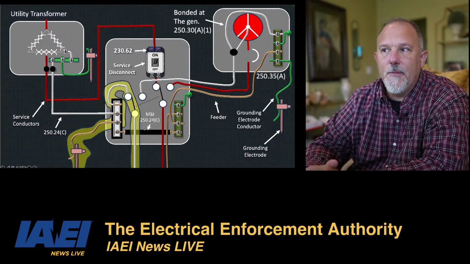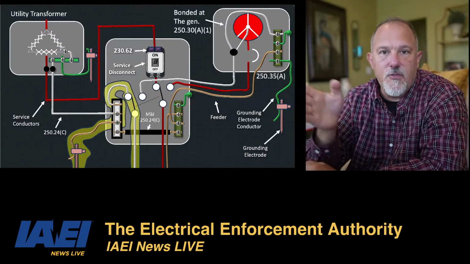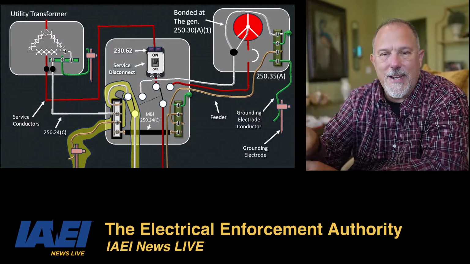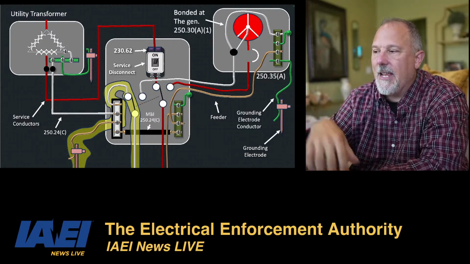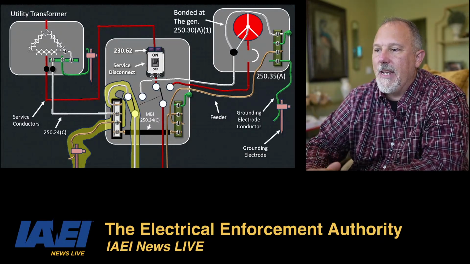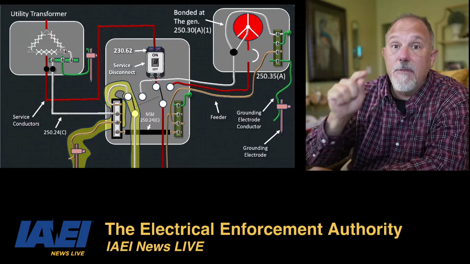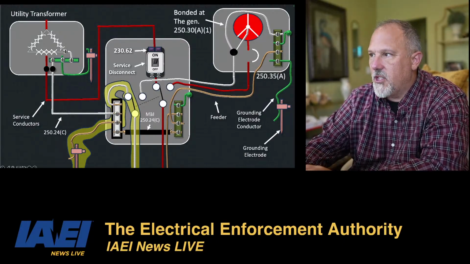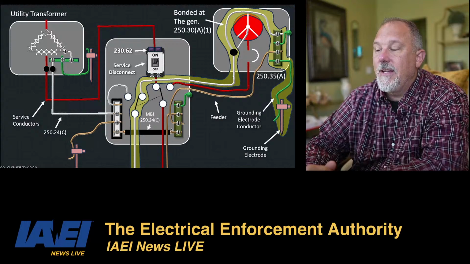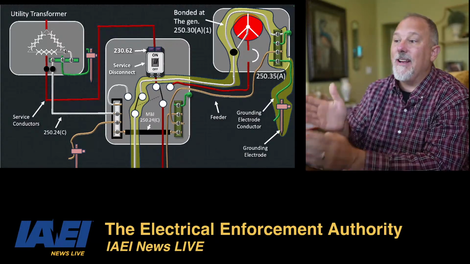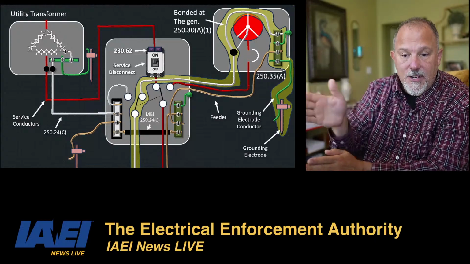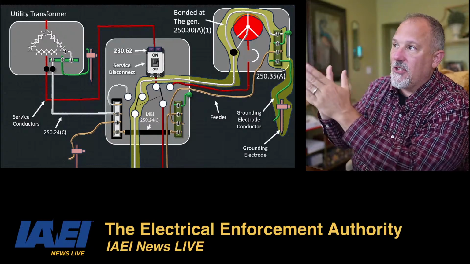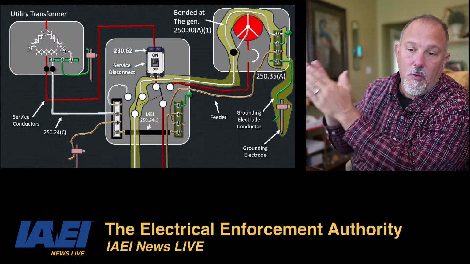Now, when I'm supplying from the utility, my ground reference, my grounding electrode conductor, all of that is bonded at this equipment, and it's all connected together through the main bonding jumper. My grounding electrode connection for the grounded conductor is handled right there at that service equipment. When I switch over to the generator, now my grounded conductor is not connected to the grounding electrode that is pulled into this service equipment. It's connected to the grounding electrode and the bonding that is occurring over in the generator.